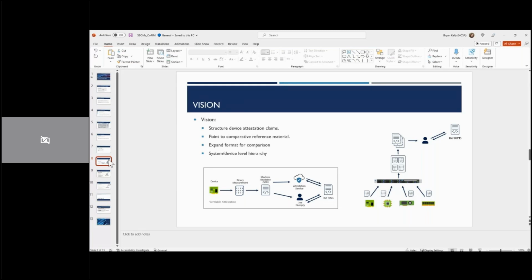The device would spit out some CBOR information that could be converted into a standard machine readable format that a human or an attestation service could consume, and then compare to a bunch of references that are out there and published by system or device manufacturers for the reference hierarchies. That was the vision, but